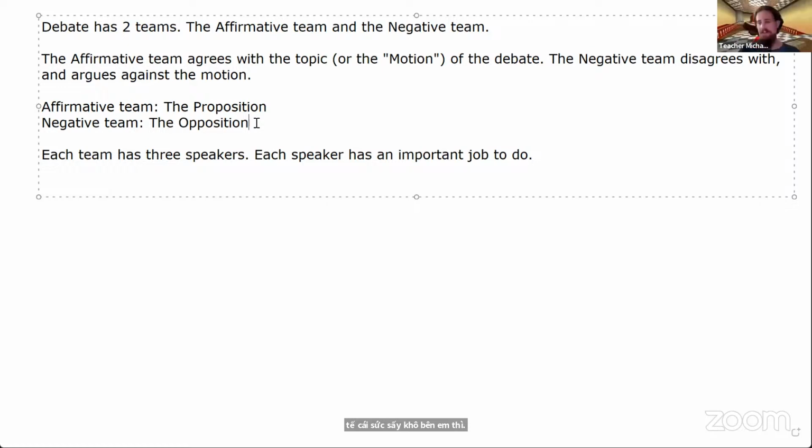Quinn, did you have something that you wanted to share with us about debate? Well, I know that the limited time for each speaker to say their idea, their opinion of the motion of the debate is around like 1 to 2 minutes. So they get a little bit longer than that. But you are correct that each speaker does have a specific amount of time to deliver their arguments.